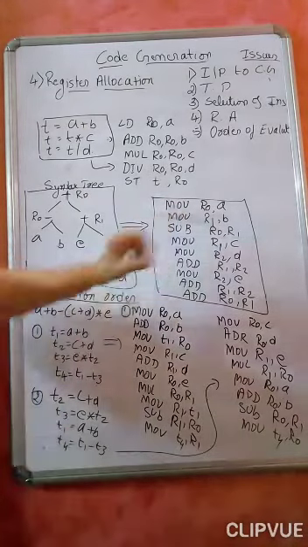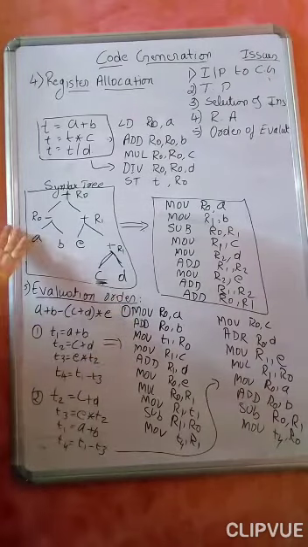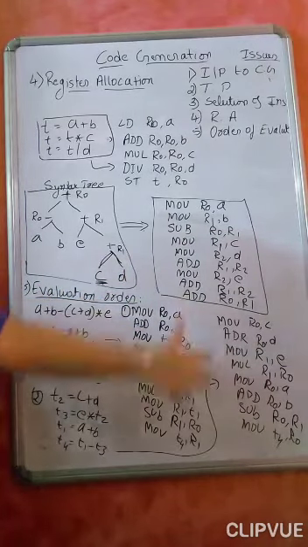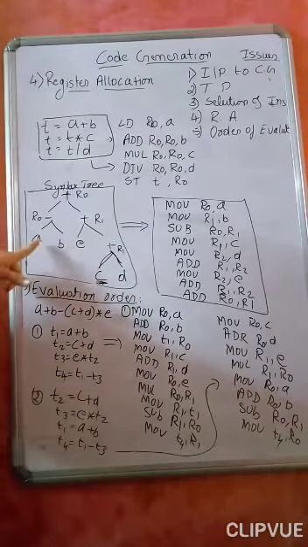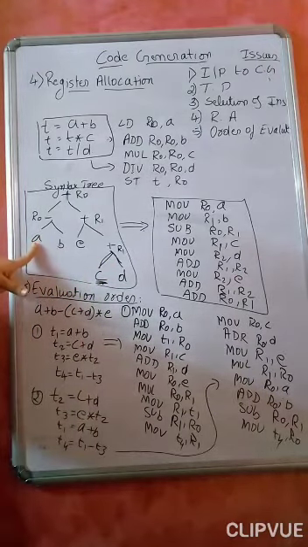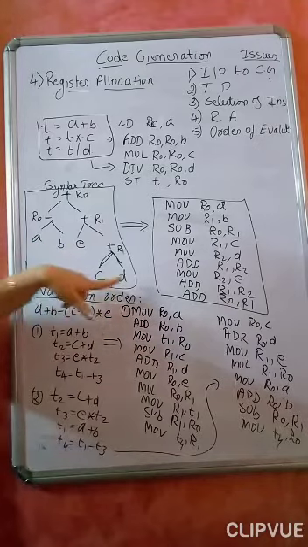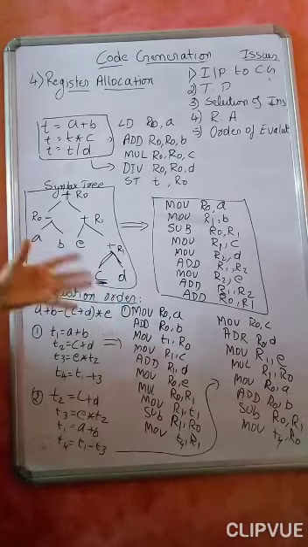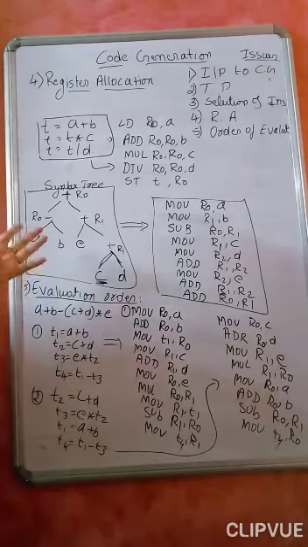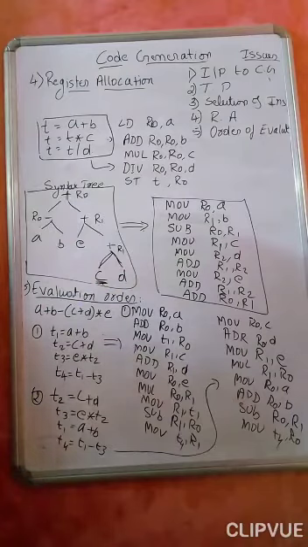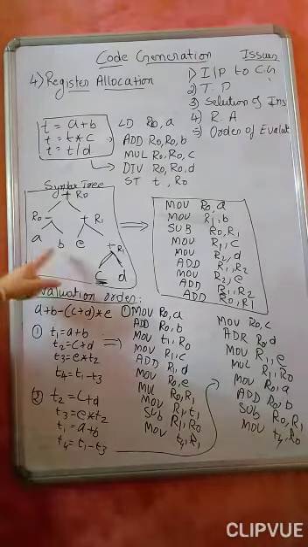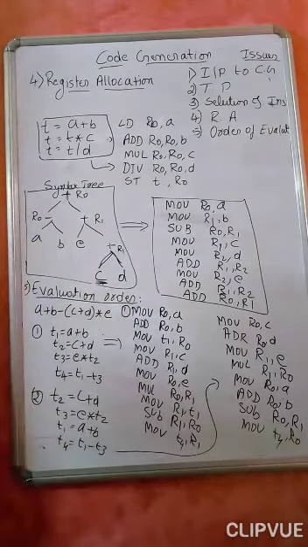So now, how many registers have we used? Instead of using 5 registers, I have used only 3 registers, but it is unavoidable. Why? If I am storing it in the register R0, it is nowhere else. So I have to use a different register, because it is totally different operands that you will be having. Therefore, at most we have used 3 registers instead of 5 registers in order to store the values.